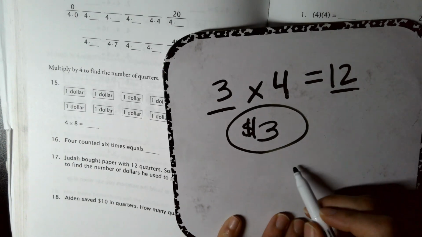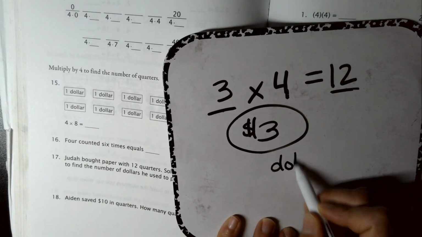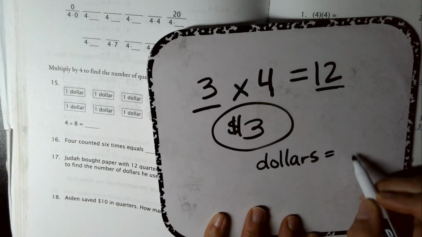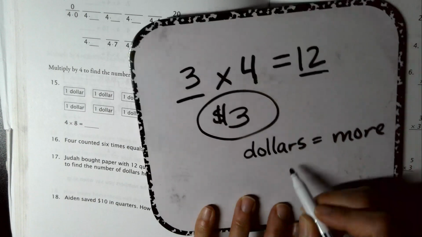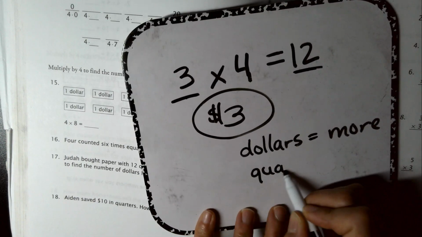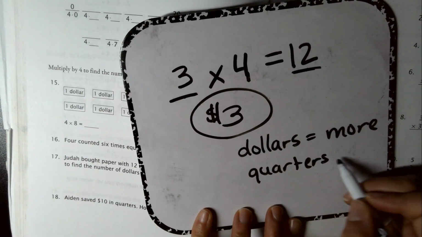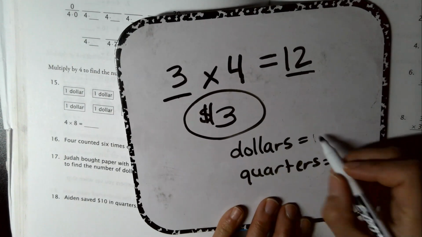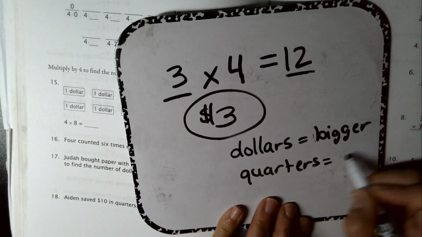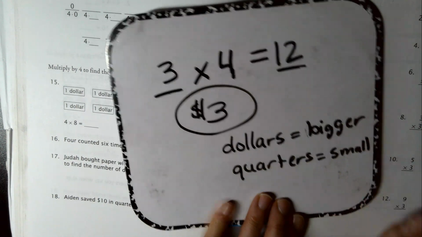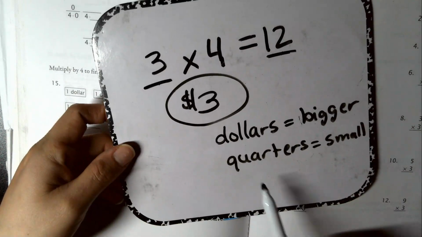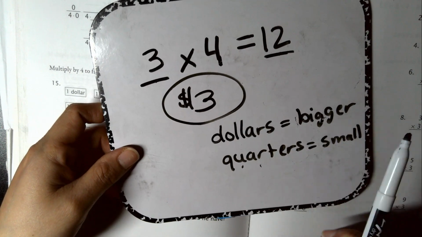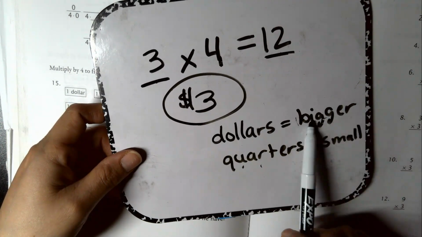So that's a little trickier, but if you just remember your money, you remember your measurements, you remember those things, and you know that dollars are bigger. That equals more than quarters. Quarters are smaller. I won't put more, I'll put larger, bigger, and these are smaller. Okay, so these are smaller in number, these are bigger, okay? So you know that